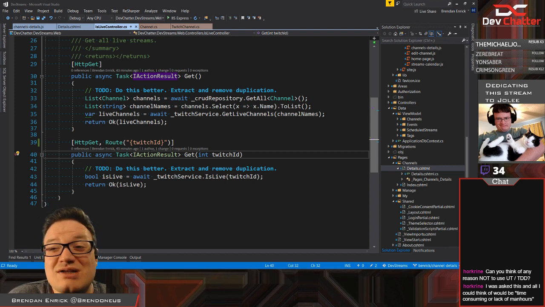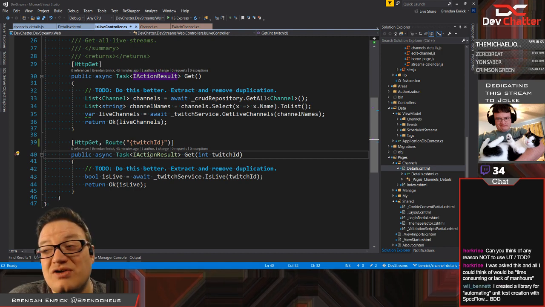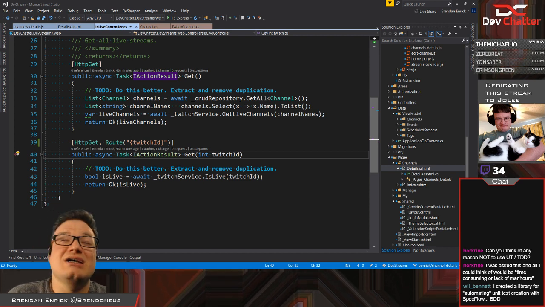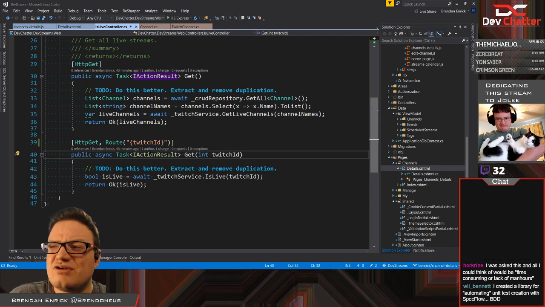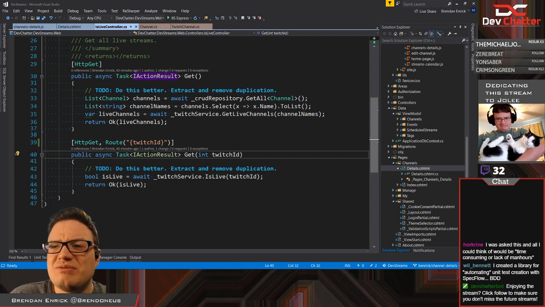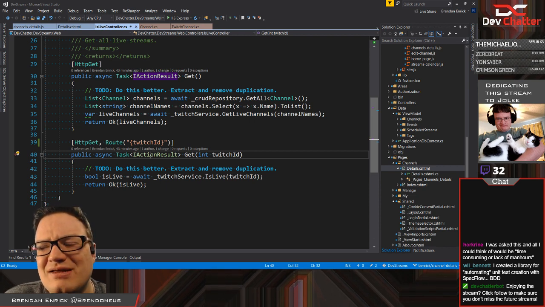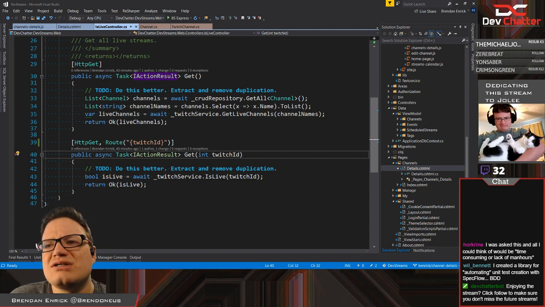Which is an answer to why I am against the idea of 100% code coverage. In fact, I am against the metric itself because of the incentive it creates. I've seen a lot of teams where they implemented that, and what ends up happening is the dev team just creates tests for the sake of having a test on something, and the quality of the test isn't necessarily there. I find that a bad test is actually worse than no test at all. So I don't want to encourage teams just to create tests for the sake of having them.